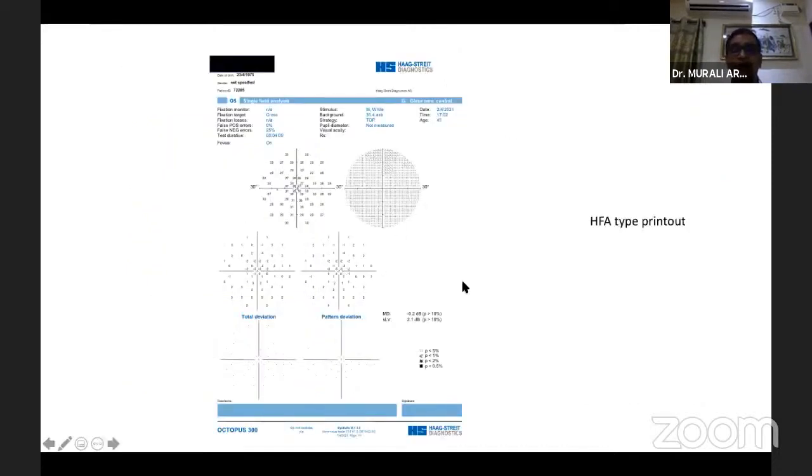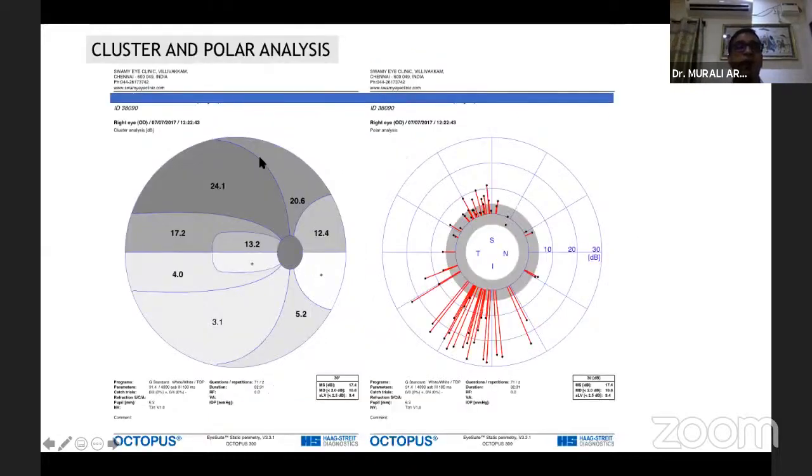For some of us who are transitioning from Octopus to Humphrey or Humphrey to Octopus, you can actually generate a pattern of field printout which looks similar to the HFA, called the HFA-type printout, from the machine itself. You can actually connect it and use that as well. And the cluster analysis looks at 10 clusters above and below,